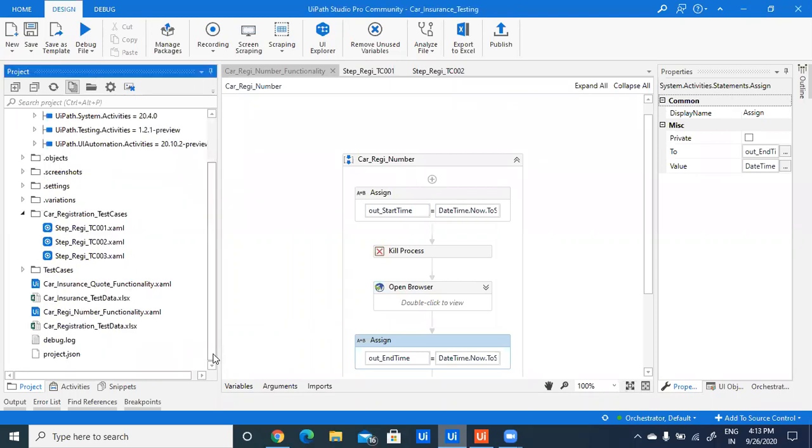Okay. So my second module is to check the car insurance quotation functionality. So this is my second module. I will open this module.